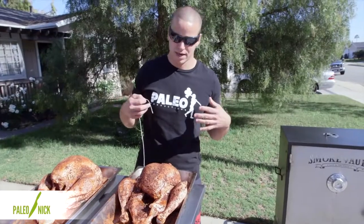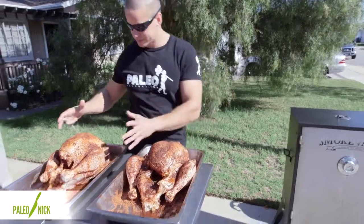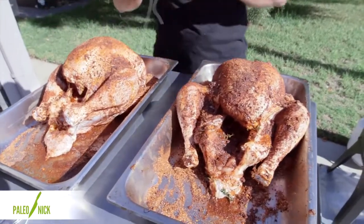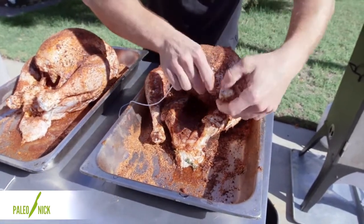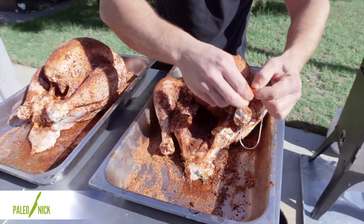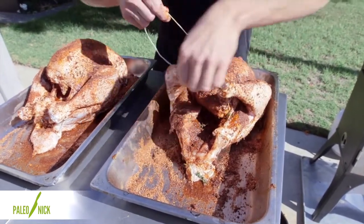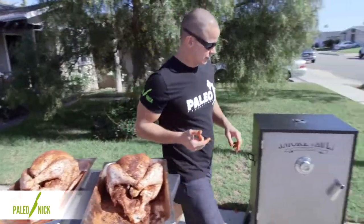Okay guys, so we're outside, we're about to throw these in the smoker. You notice this one's looking a little limp, this one's upright, looks pretty nice, but what we're gonna do is just tie, not do like a full truss, but just tie these legs up so that they cook somewhat evenly. Go ahead and pull this up. Just kind of get it around those knuckles. From there, we'll come over to the smoker,